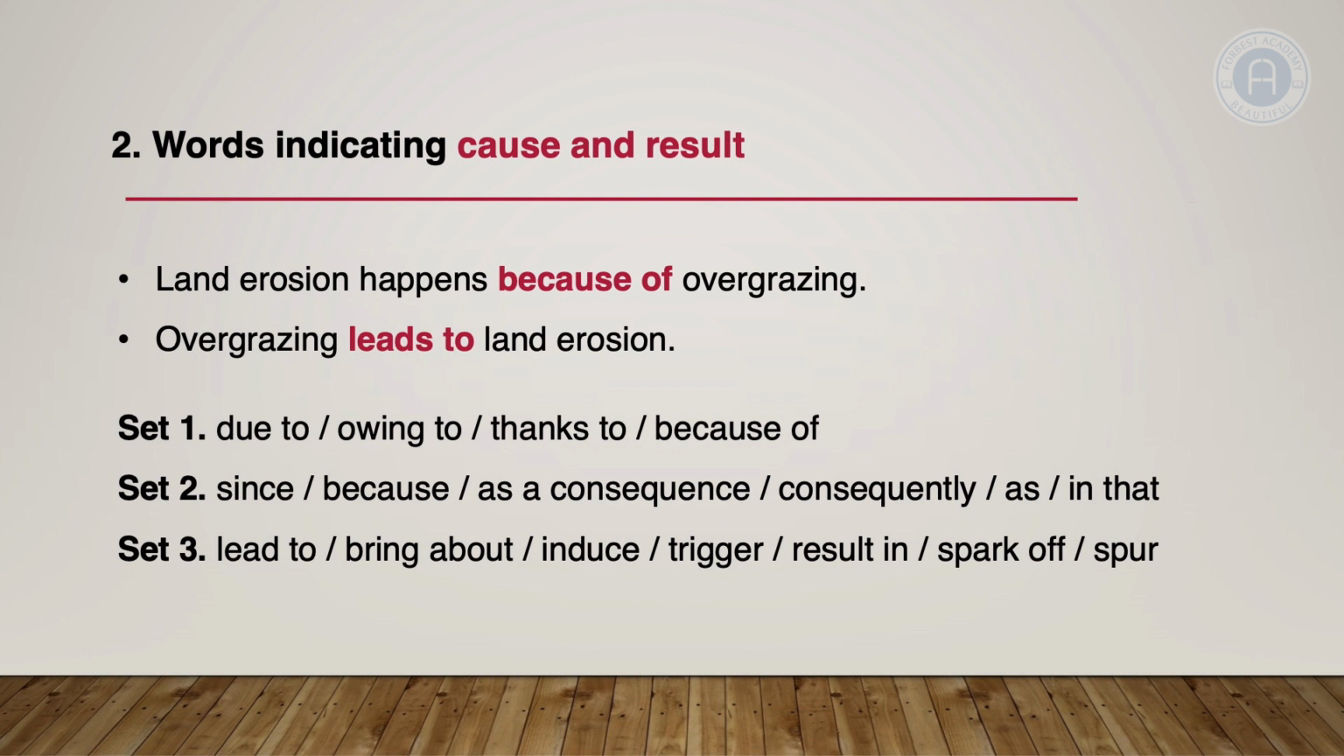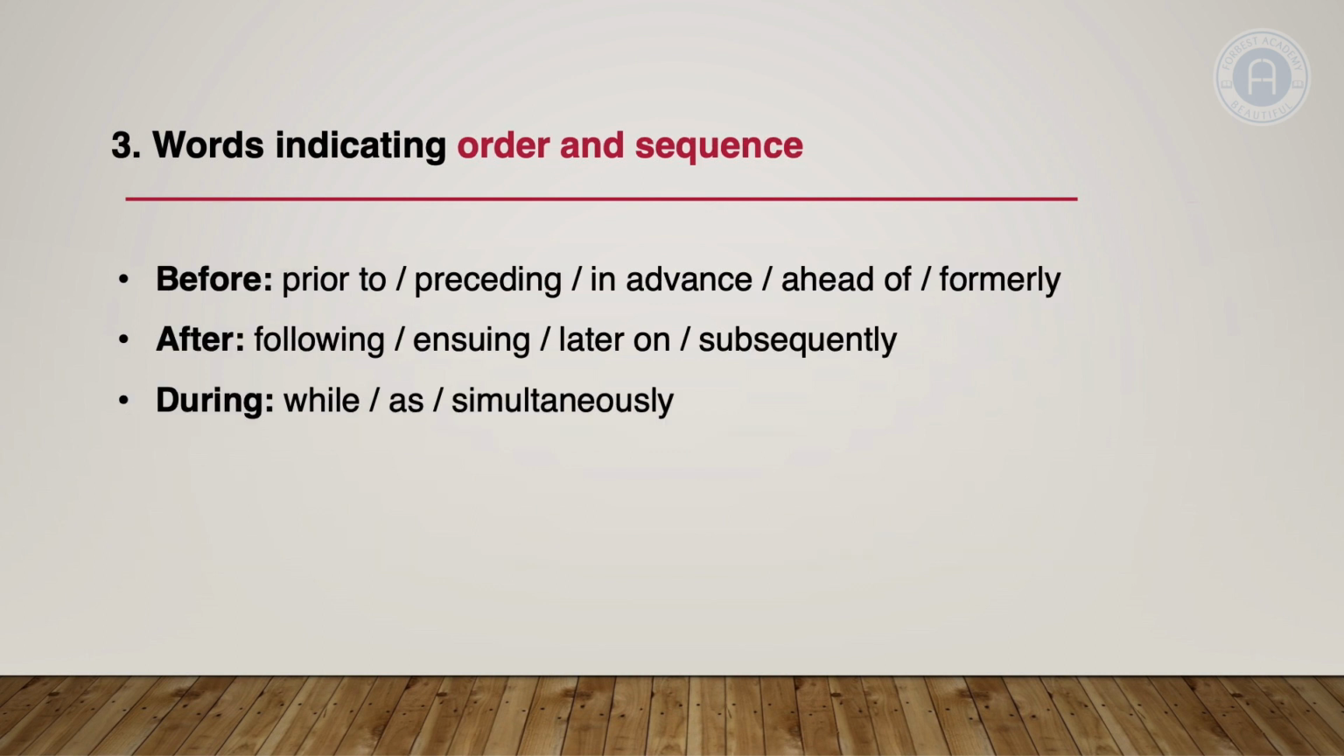There are, of course, other equivalents, and you need to identify those words and check their meanings. Set number 3 is highly important. These are words that show order and sequence. It's highly important to know which actions and events have happened before a certain timeline, after a certain timeline, or